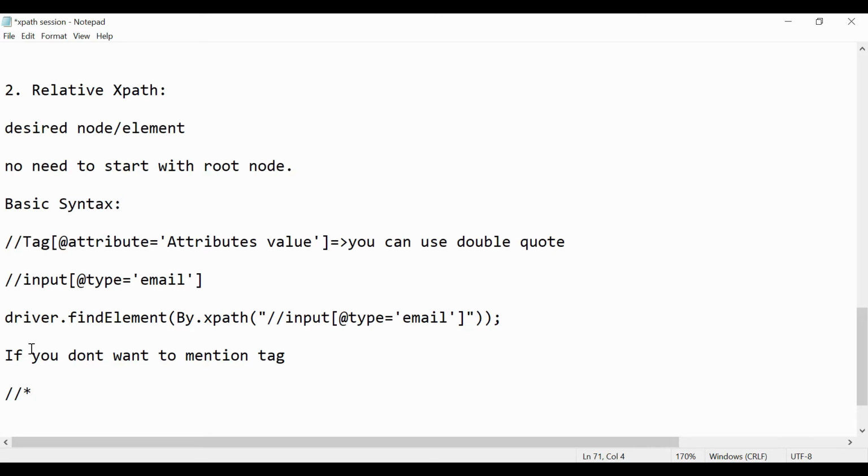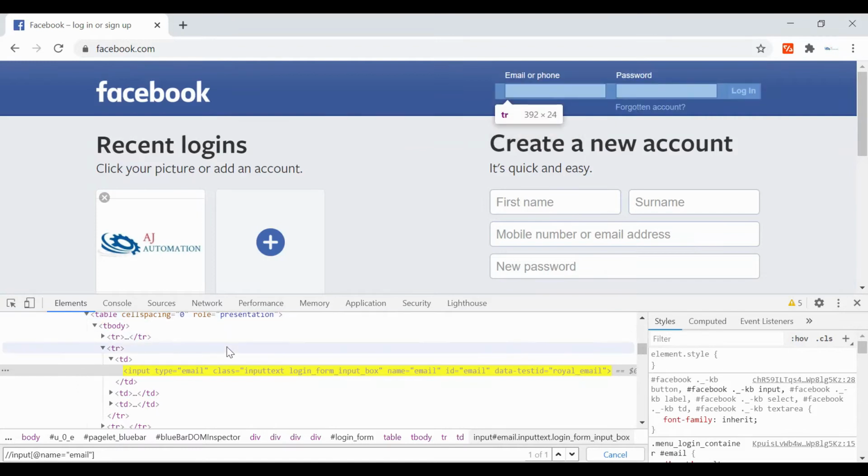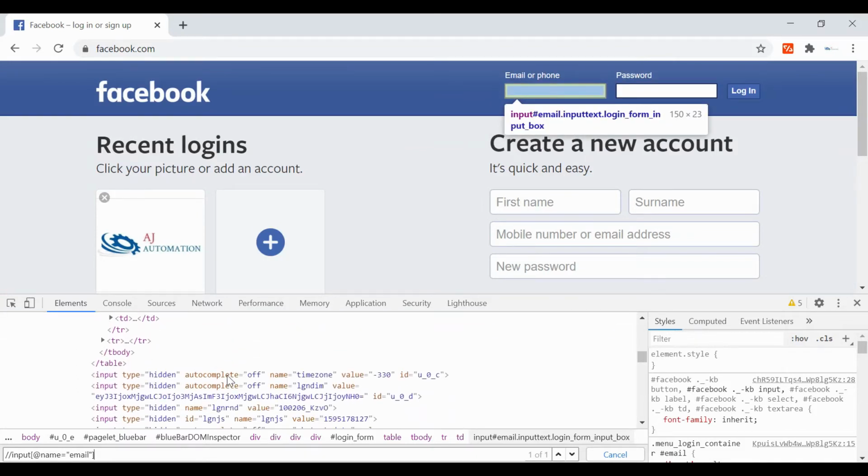Star means any tag. It can be input, it can be button, it can be div. So it scans with any tag and the result will be the same. But I will never recommend using the star. Always specify the tag you want for the specific element. There will always be some tag present for an element, so you need to provide the actual tag in the HTML DOM.